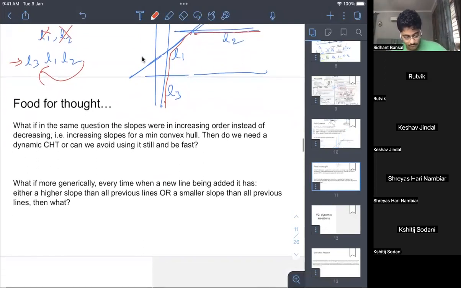So two things, right? First is, what if you have the same question, but the slopes were in increasing order instead of decreasing? That is increasing slopes, but still we are maintaining a minimum convex hull, not a maximum convex hull. If you do increasing slopes and maximum convex hull, we'll just